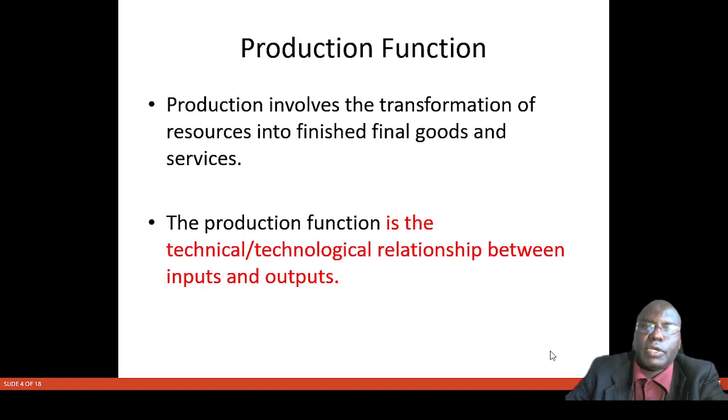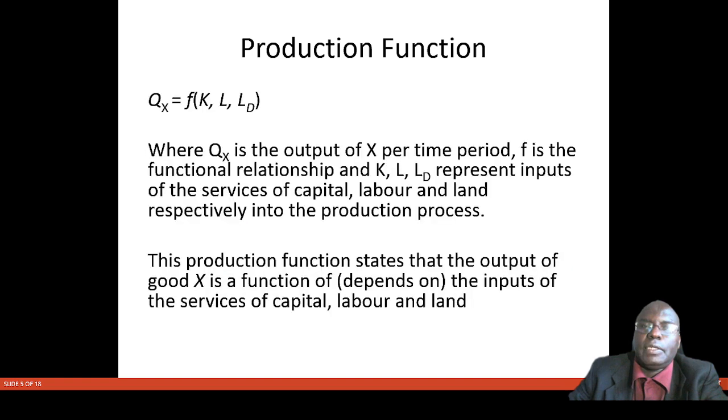The production function. Production involves the transformation of resources into finished final goods and services. The production function is the technical or technological relationship between the inputs and outputs. The production function